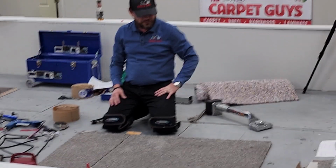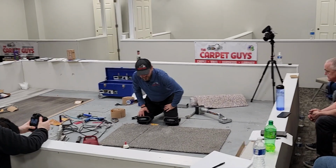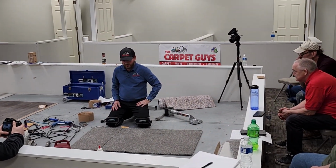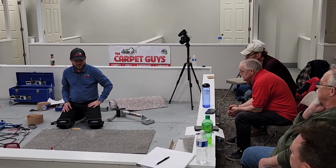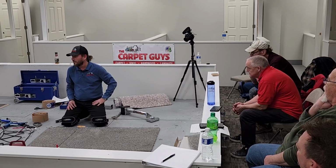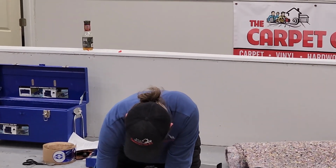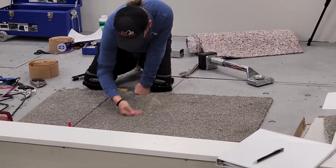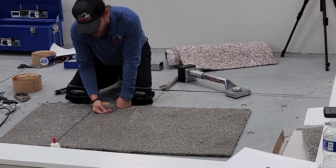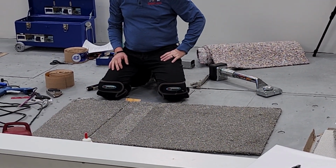What I like to tell people, and obviously over the years, you just make it your own, how you want to explain this to customers, but I always explain to them that the carpet's got the velvet effect. 9 out of 10 different styles of carpet, you're gonna have that velvet effect. So what I mean by velvet, I'm pretty sure you're all familiar with velvet. It's got a dark or a light side to it. So just by doing this to the carpet, you can tell the yarn is flattened down, and that's the direction of it, going with it. And if you run your hand this way, you will see that that's gonna turn dark